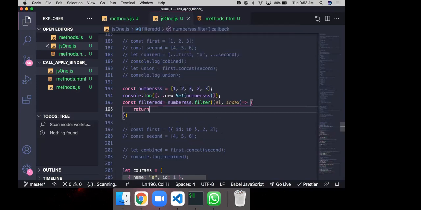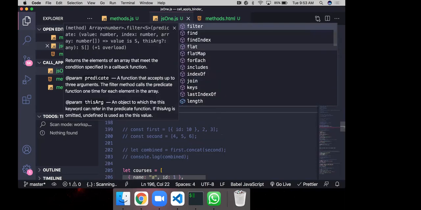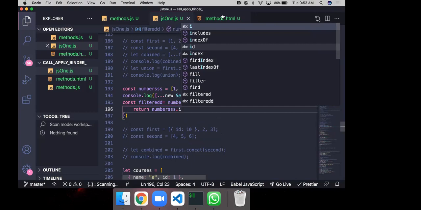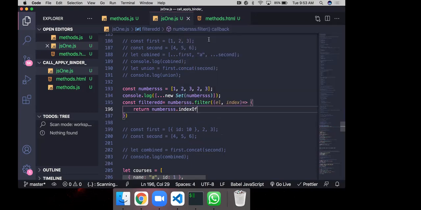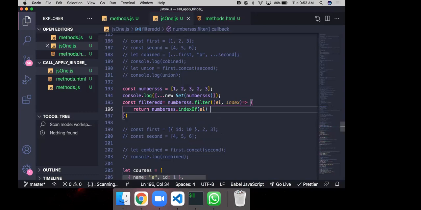Return numbers, the same array, dot indexOf el, triple equals to index. Okay, that is the condition. I will explain what it is doing. Console log of filtered.